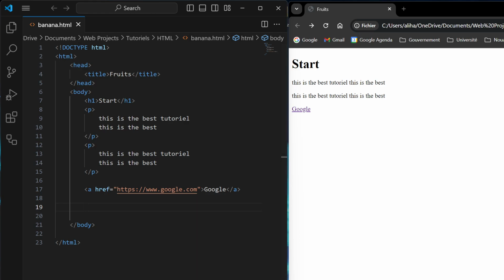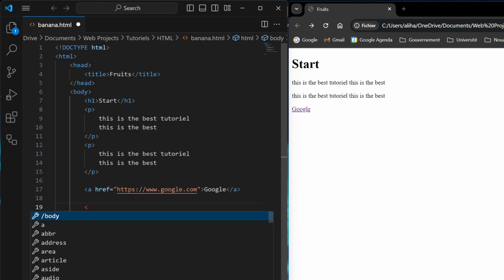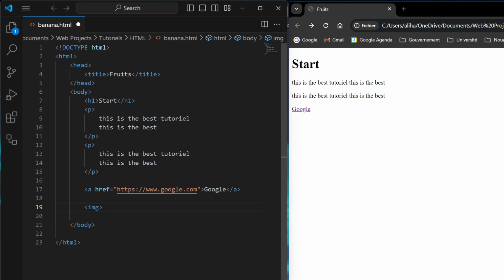So another element is images. Of course, we will add images in our page. I will have a lot of images. So it's so easy. You have a tag named image to add images inside of it. Start with the image tag, close it, and that's it. The special thing in the image element is